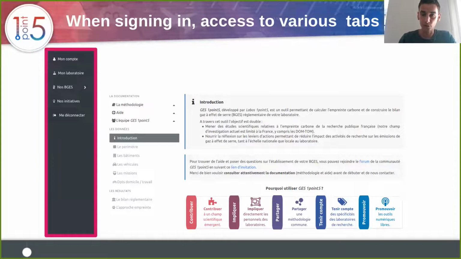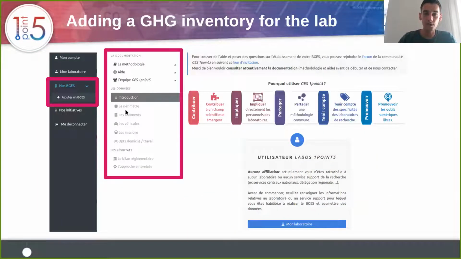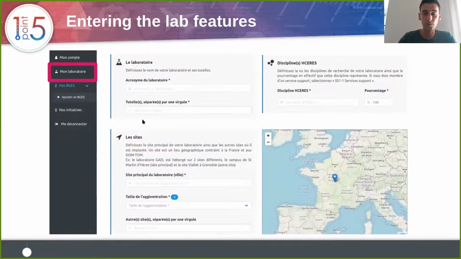So when the user signs in to the system, he has another menu on the left that allows access to GES 1.5. Before starting a new carbon footprint, the user is required to provide some data on their laboratory, such as the scientific discipline.